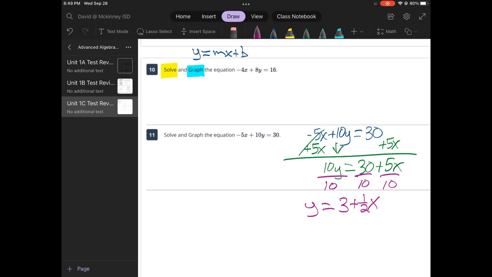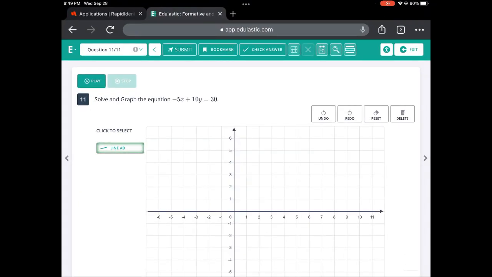We'll switch over to Edge Elastic to go ahead and graph it. My y-intercept is at my 3, so I'll click line AB, and I'll click 3 on the y-axis. Now my A point is in the correct place, but I need to move that B point, so I click and drag it around. In this case, I'm going to rise 1, run 2,